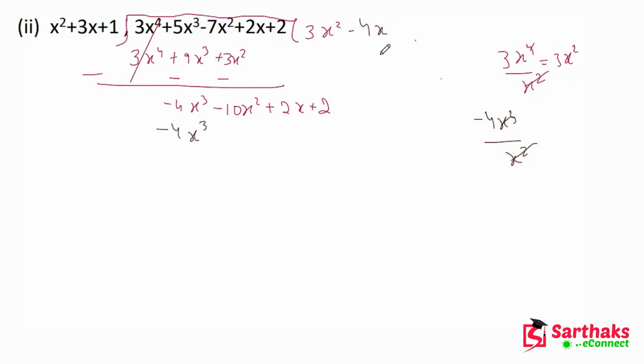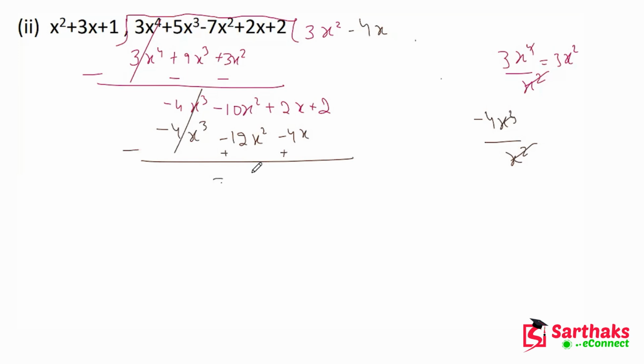Okay, if we multiply minus 4x by x square plus 3x plus 1, then we get minus 12x square minus 4x. If we subtract it, then it becomes cancelled, and this minus becomes plus, this minus again becomes plus,